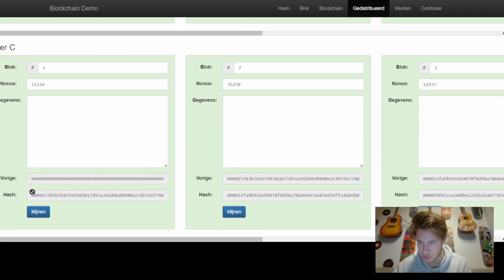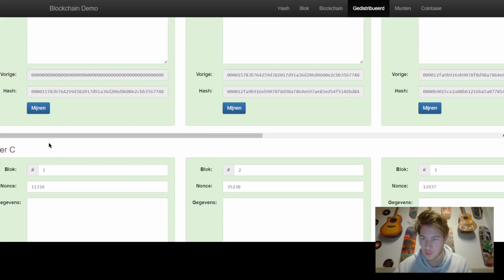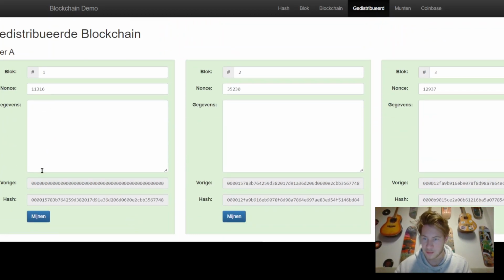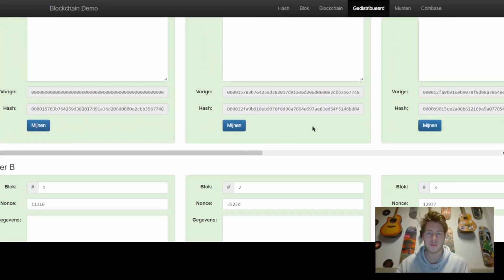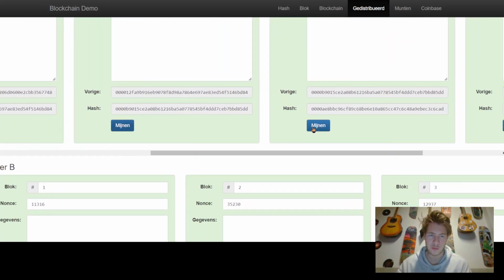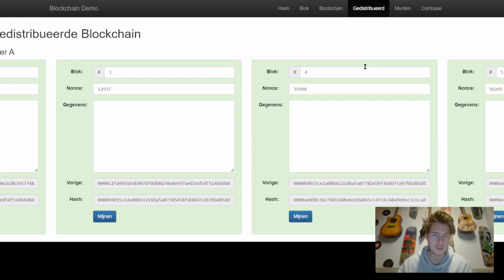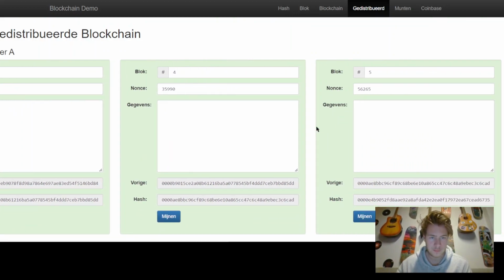So for example, here you see this hash starts with 1578. This one starts with 1578, and this one as well. So it's exactly the same as previous, except for the different copies. So if I were to change something in here, for example, Maris. So if I were to alter this one,